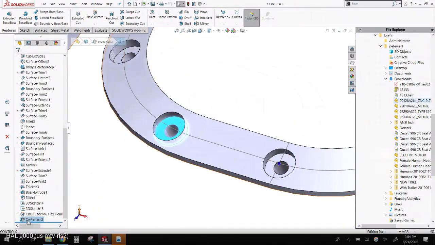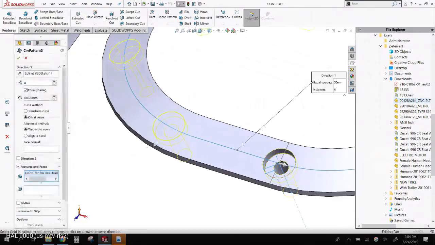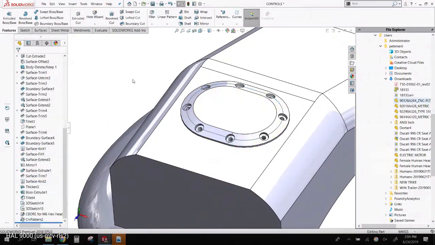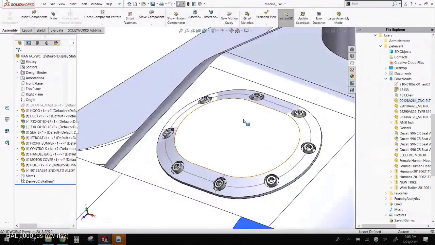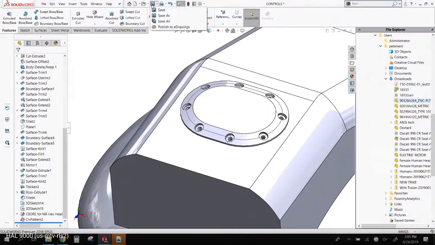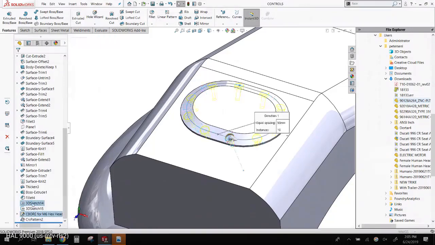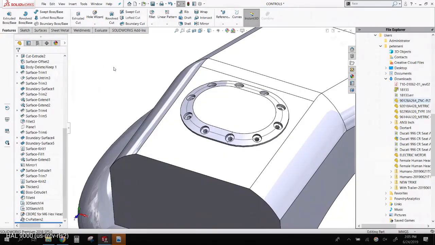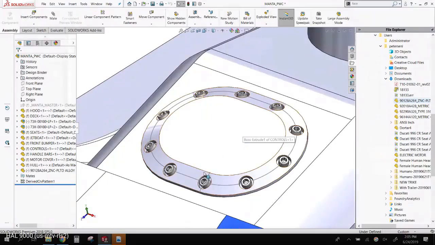and I edit this pattern, right now it's got 8. If I add a couple more, go back into the assembly, did not rebuild for me. Yeah, it did. There's 10 of them. Okay. I go in. Now there's 10